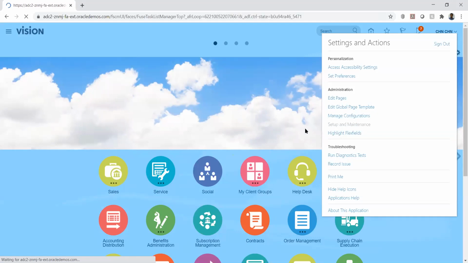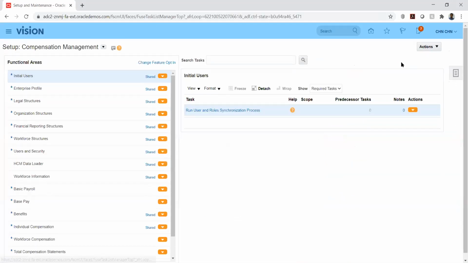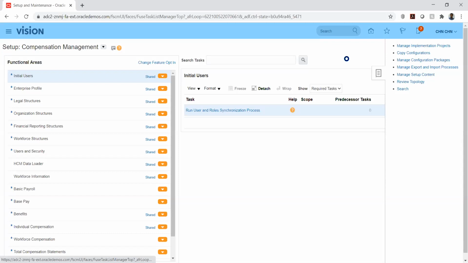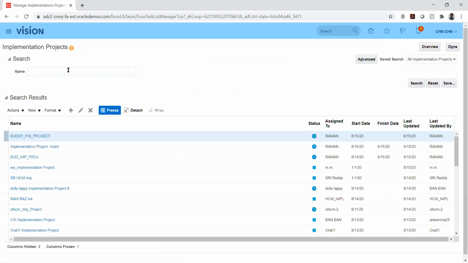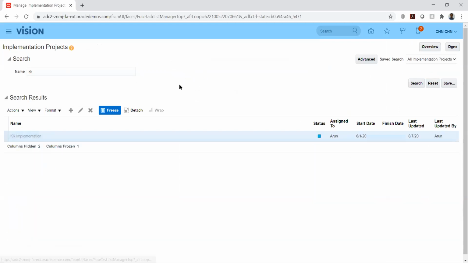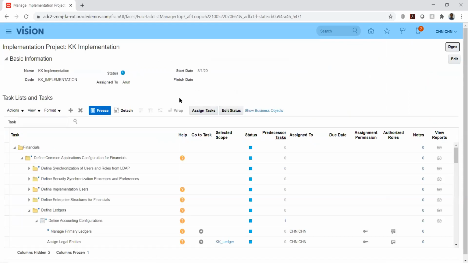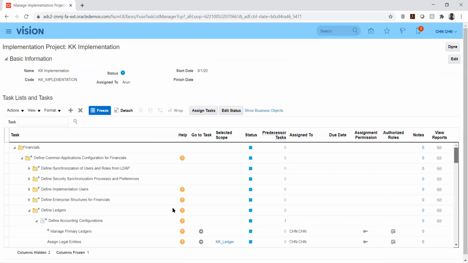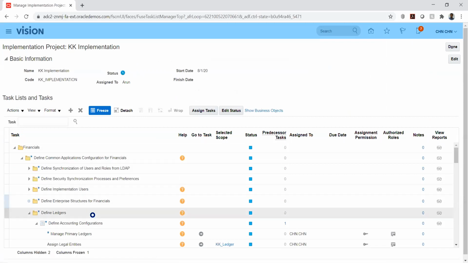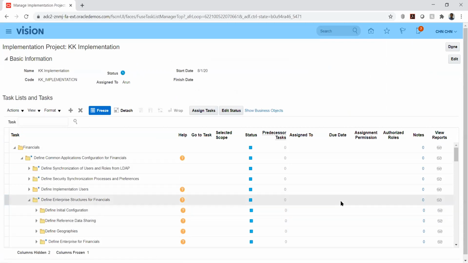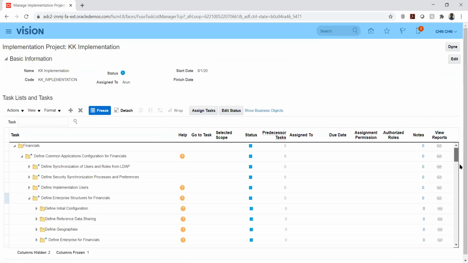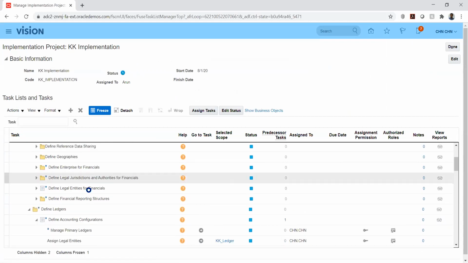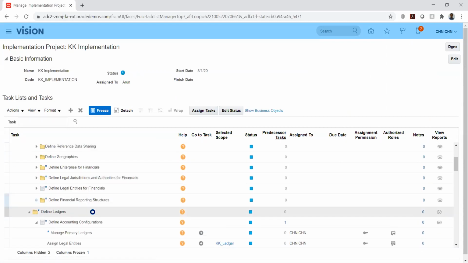Okay. In currencies you might see, right? Yeah, under currencies.